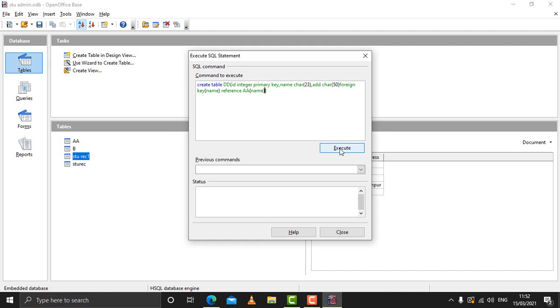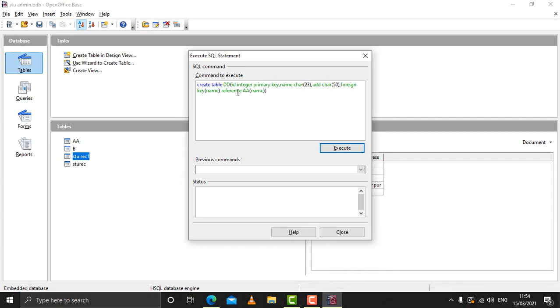So you can see I have typed there foreign key name. That means this name field is there in DD table. Now it is a foreign key, and it is connecting with the name field of AA, and that is done using reference. So this is how we can give foreign key along with primary key in a table when we create the table.